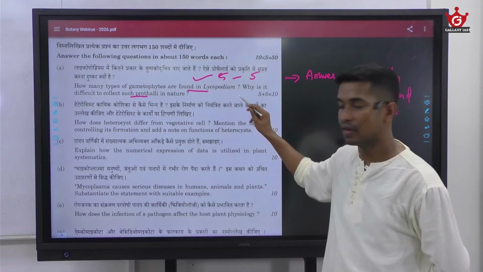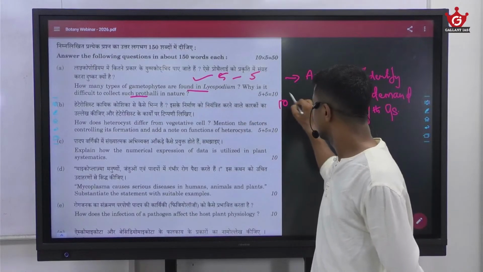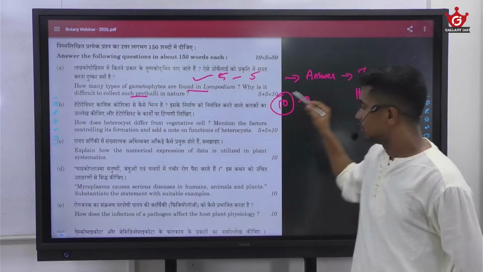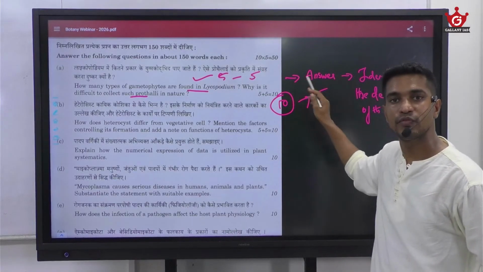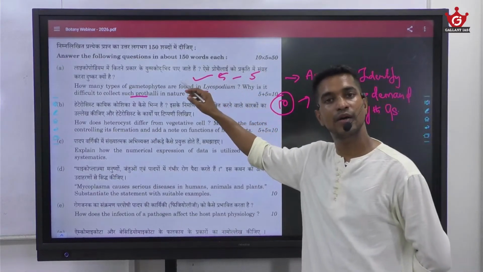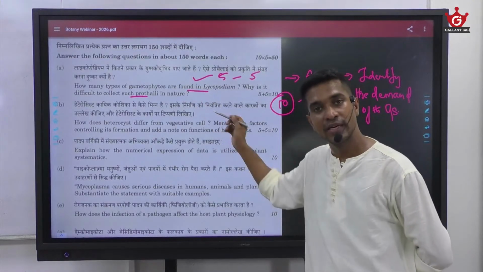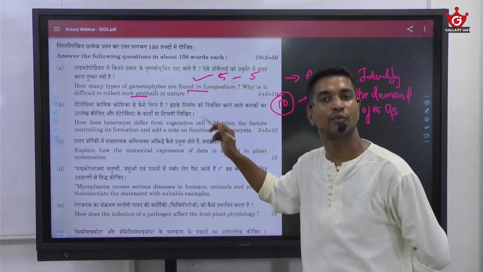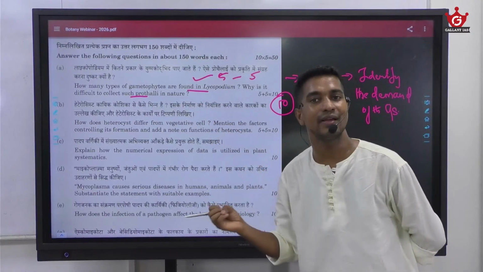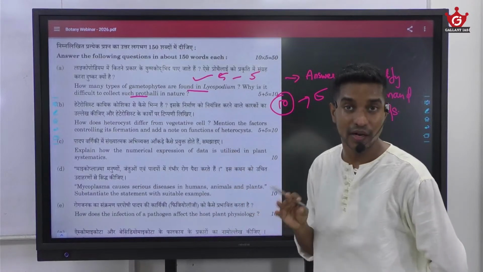Okay, if you are addressing both the parts in a good manner, out of 10 you can score up to 5 to 6. Okay, so that is the maximum mark you get from this particular question. So identifying the demand of the question and trying to meet the demand of the question is very important